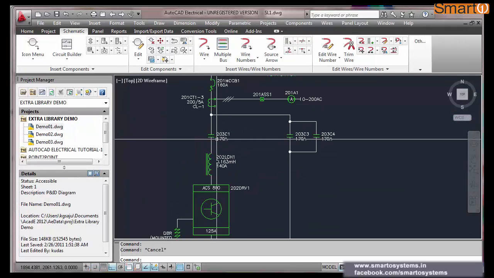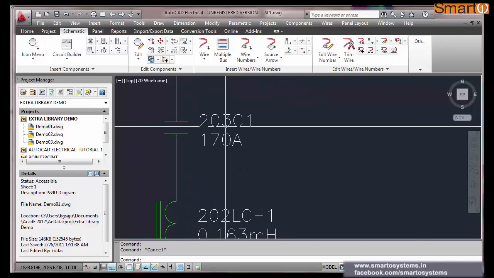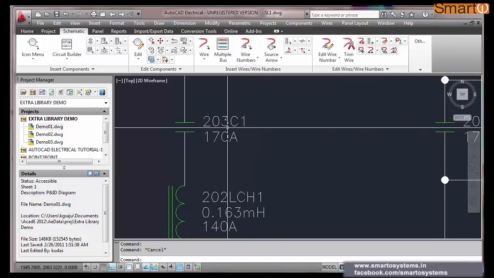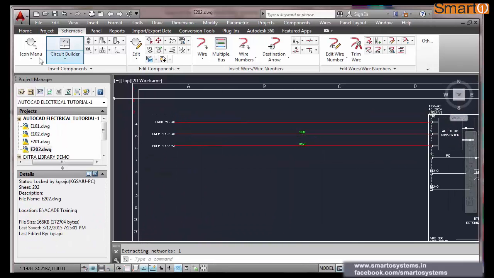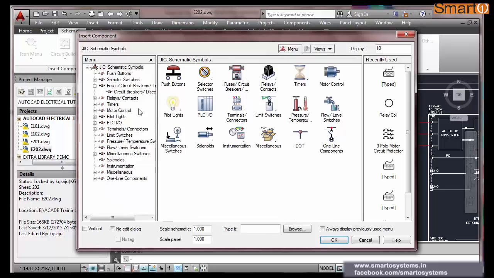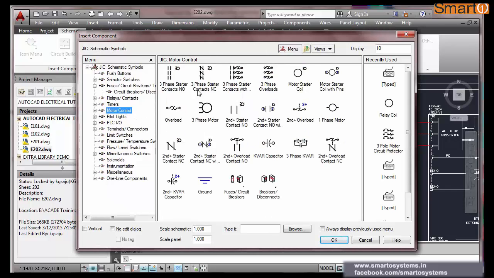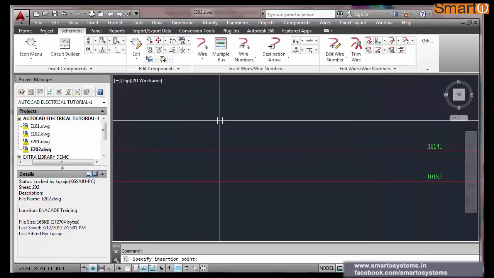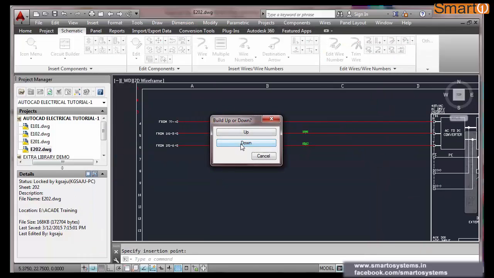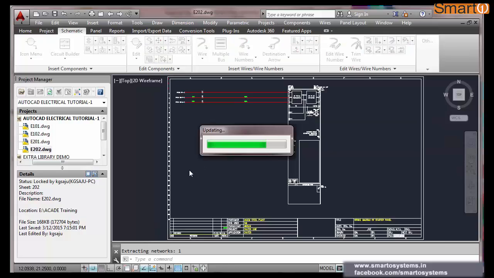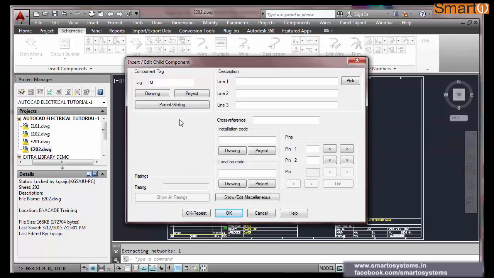Next, we need a contactor that is shown with the prefix of 203. In fact, that should come in 203, but we are going to put it here. Okay, I will tell you why. Contactor motors, I think. Yeah, it is here. When I put this here, what I will do is I will give 203 C1.